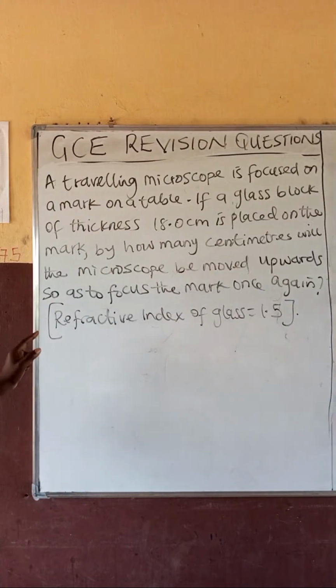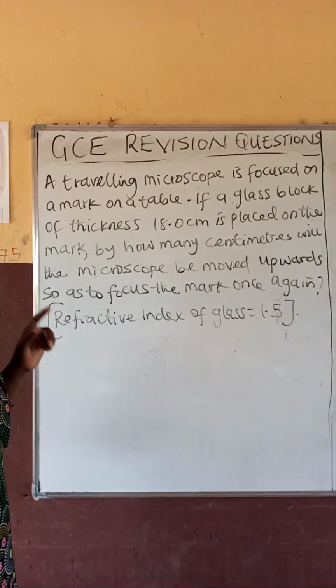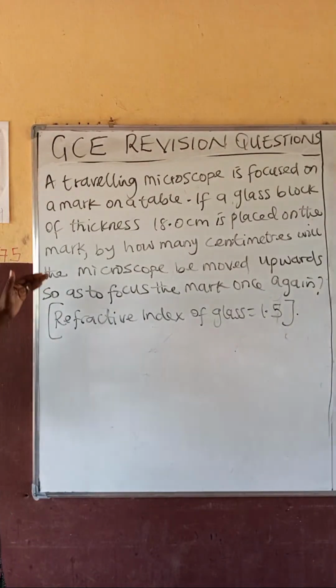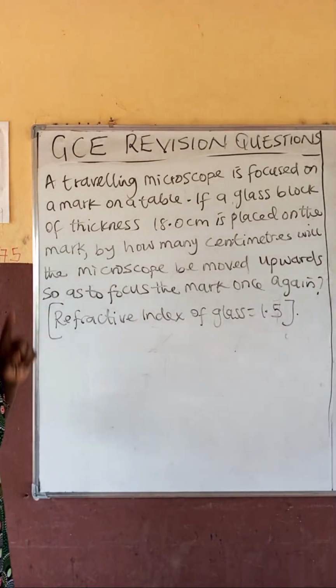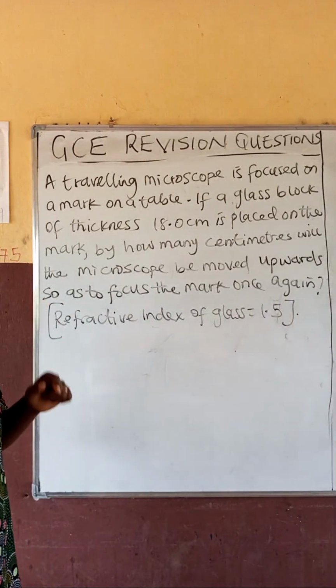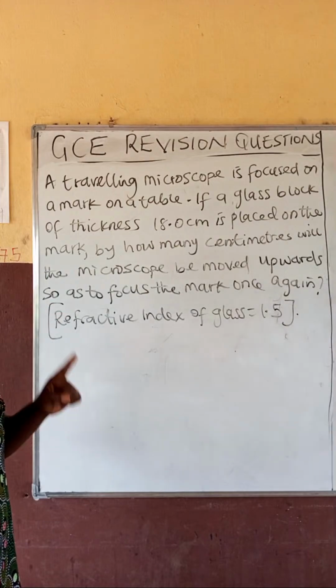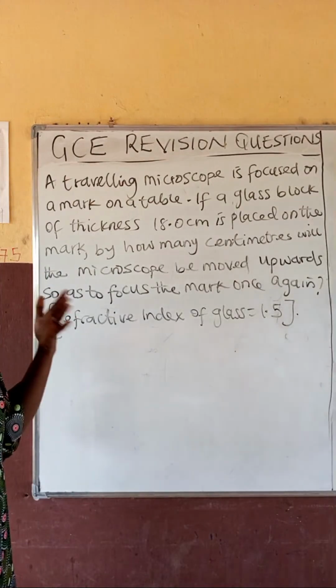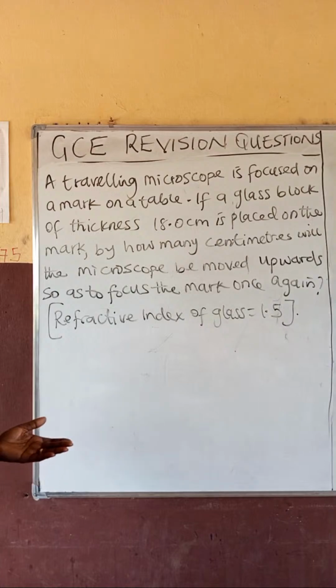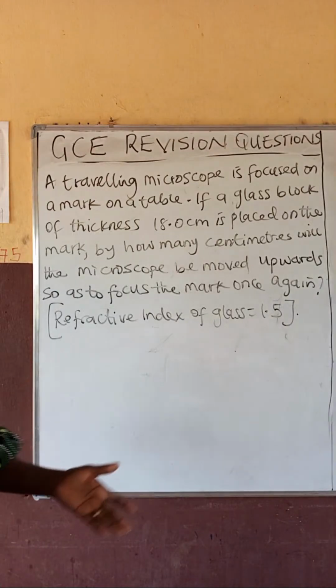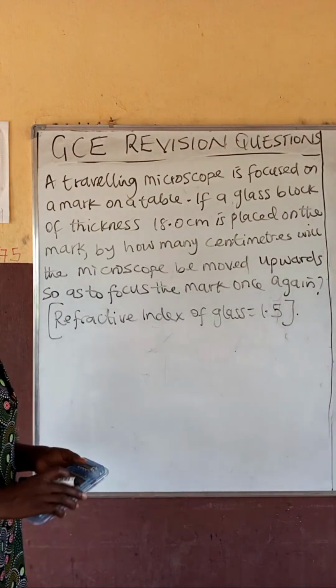A traveling microscope is focused on a mark on a table. If a glass block of thickness 18.0 centimeter is placed on the mark, by how many centimeters will the microscope be moved upwards so as to focus the mark again? And we're given the refractive index of glass as